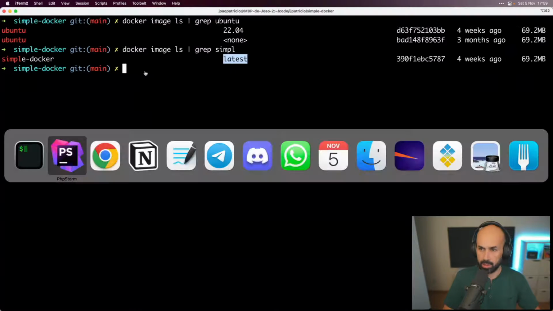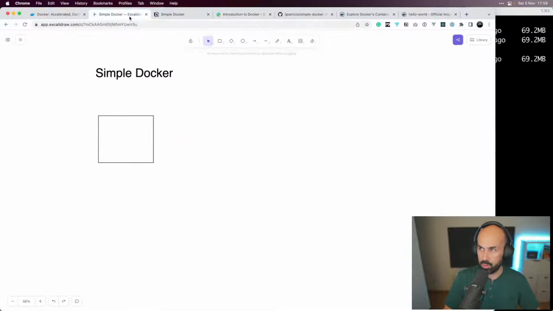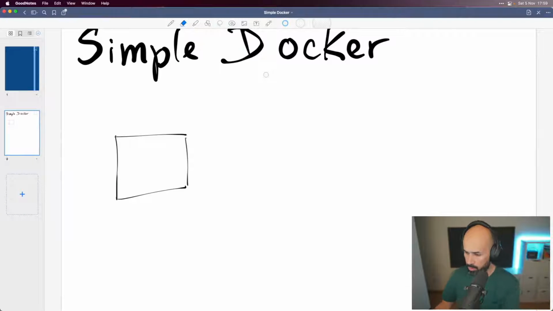We can now run that image. So if we head back, what we did, let's try to find maybe the other software so that I can whiteboard.